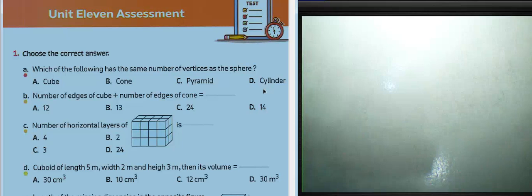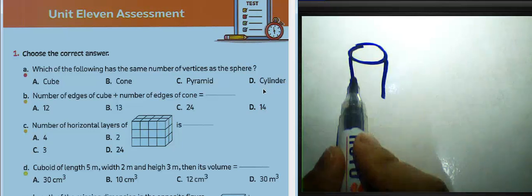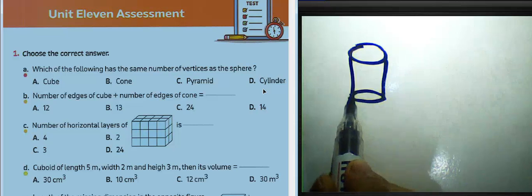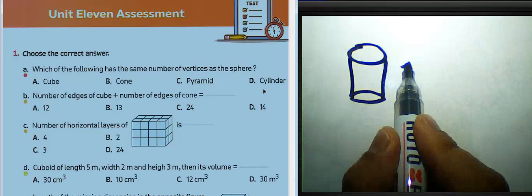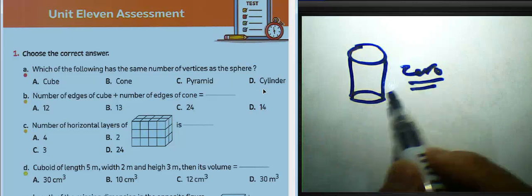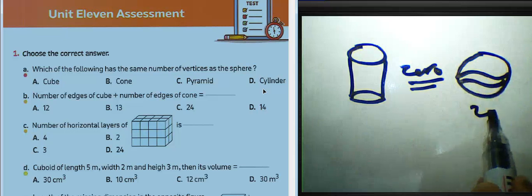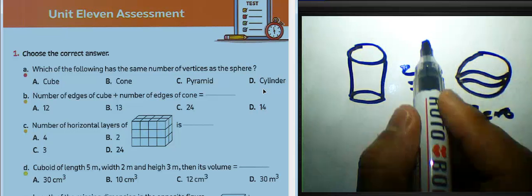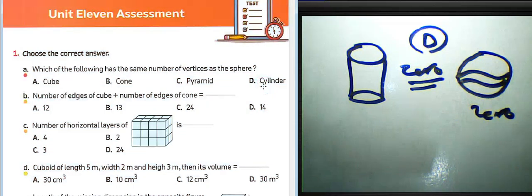The result will be cylinder because the cylinder hasn't any vertices. The number of vertices of a cylinder will be equal to 0, and for the sphere, the number of vertices will also be 0. So we must choose letter D for question A. Okay? Question